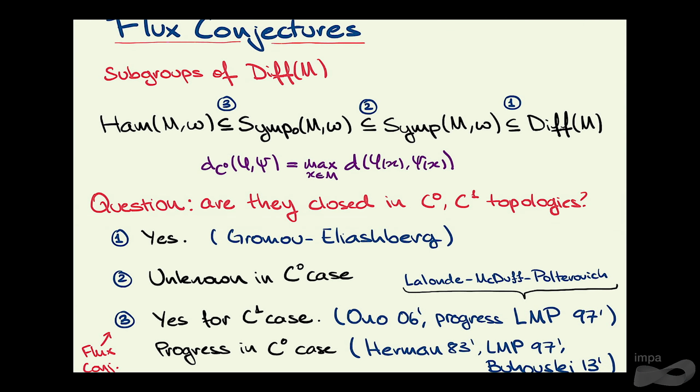The key point here is that this identification that we have in the C1 case of the graph of the symplectic diffeomorphism with the graph of a closed one form, this is not true in the C0 case. Right? You're going to be small, you're going to be inside a Weinstein neighborhood, but you can approach the diagonal in a pretty non-graphical way. So usually the problem becomes much harder because of this distinction.